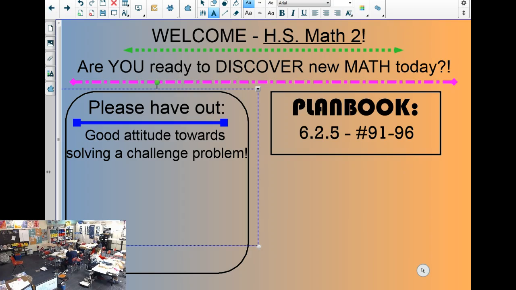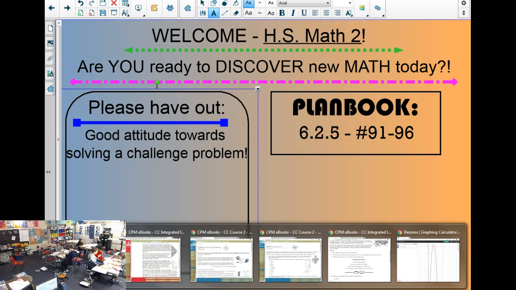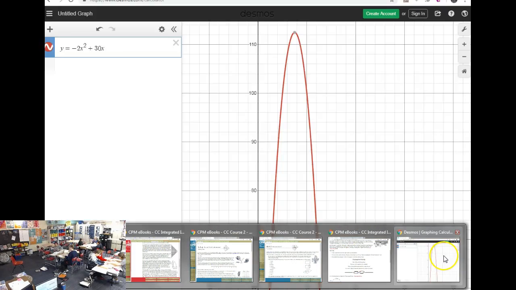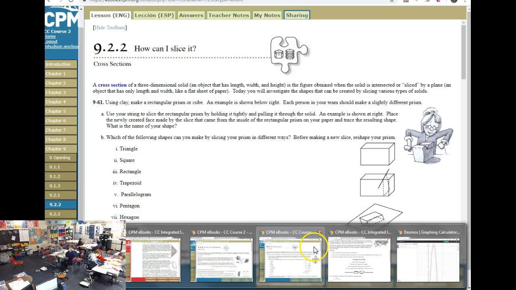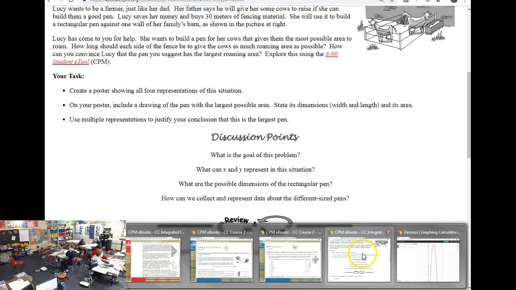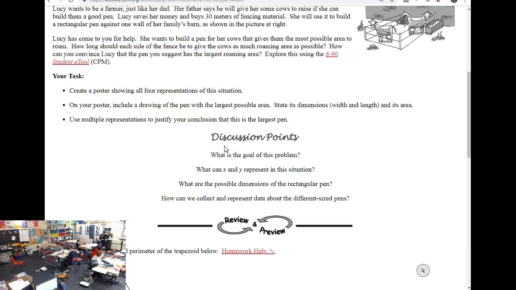So, if we start thinking about this barn as being the side that we save, like that we don't have to use,